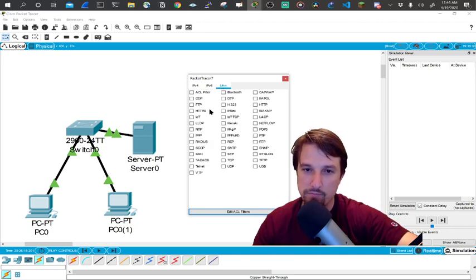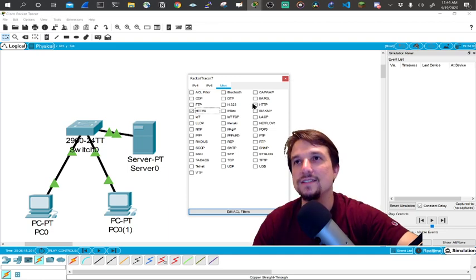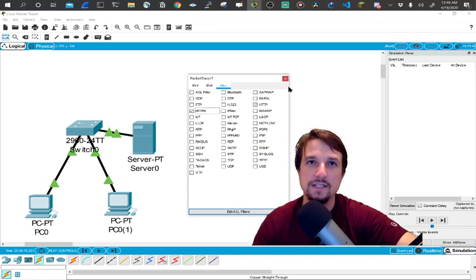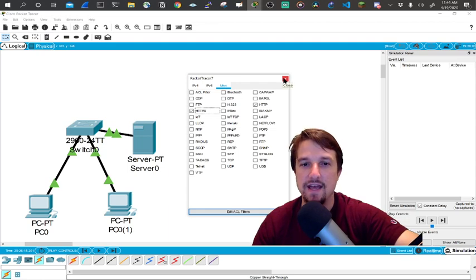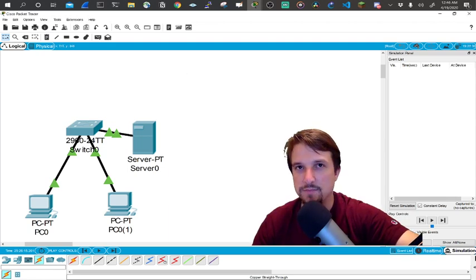Let's see. All I want to see is HTTP and S. Maybe we'll look at both, because I just want to watch those two. This is like the equivalent of Wireshark. It's a simulated version of packet analysis. So now that I'm in simulation mode, I can start that